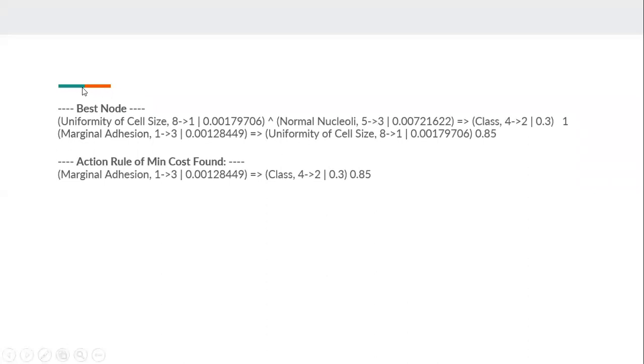So we found that the best node for this particular data set is uniformity of cell size. This is a kind of flexible variable which we need to change from 8 to 1, and normal nucleoli from 5 to 3. Then we can change the class variable from 4 to 2. That means we can change the class from malignant to benign, and this uniformity of cell size we can do by changing this particular flexible variable,